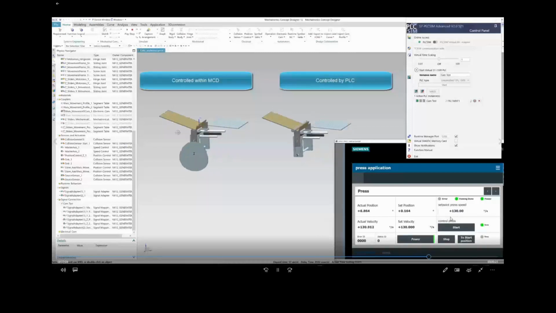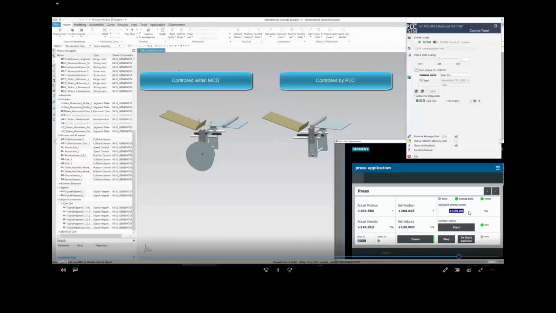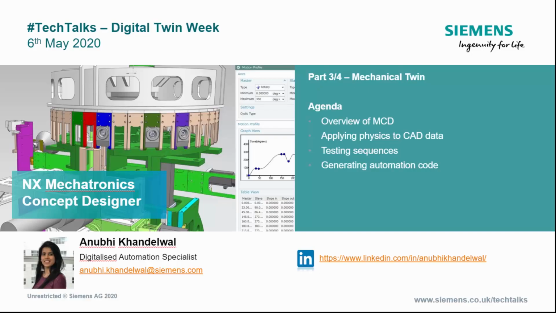It's not working correctly, so we can change the speed possibly, make it match the master, the speed here, and we can see that it works with, say, a certain speed. So this is again now commissioning and making sure the profile is correct and is working the way it's supposed to work. So these are the 3 topics that we covered today. It was a bit of a deep dive,